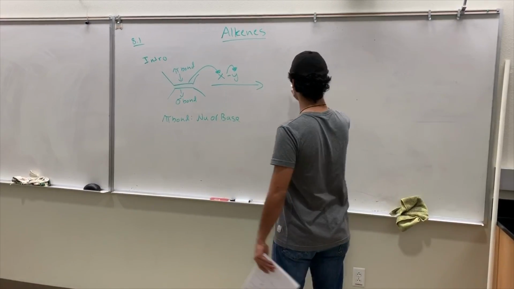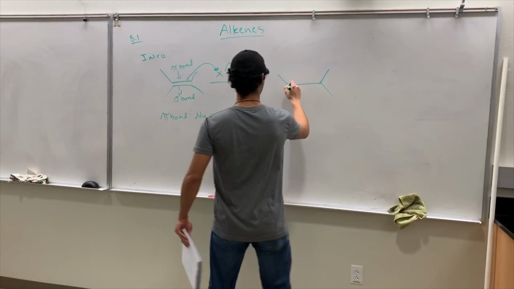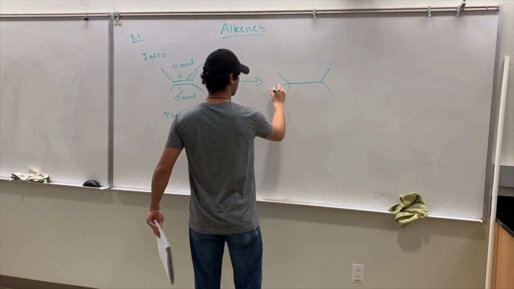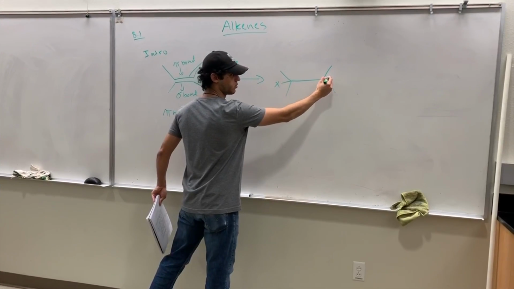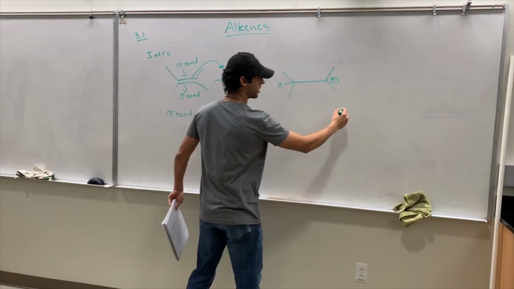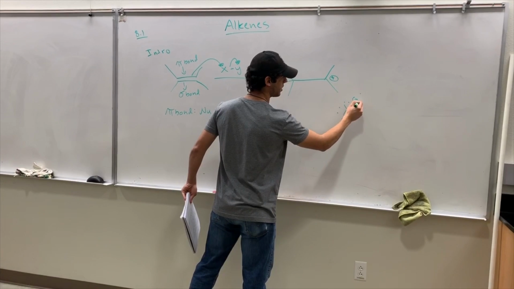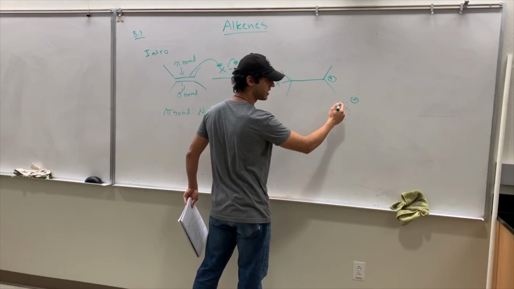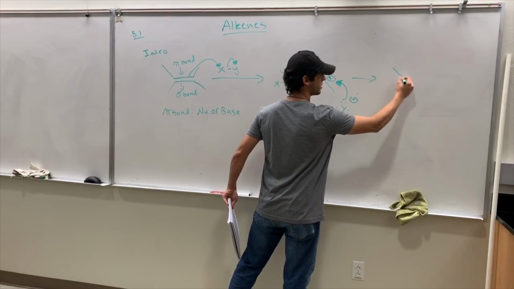The pi bond would break, and first of all, X gets added to that side, which results in a carbocation on that side. You're left with Y, and Y has a negative charge in this case, so it would act as a nucleophile and attack here. The resultant is